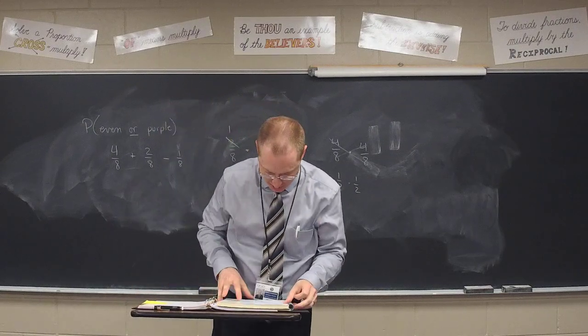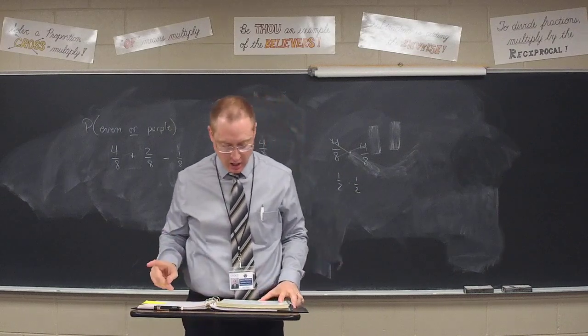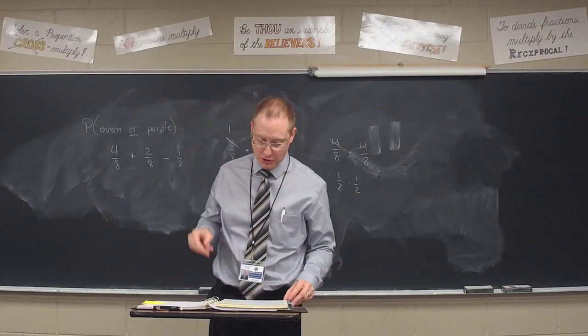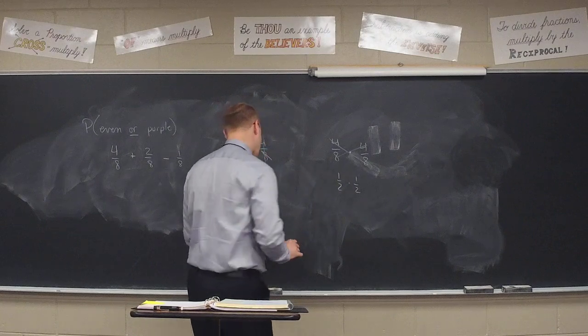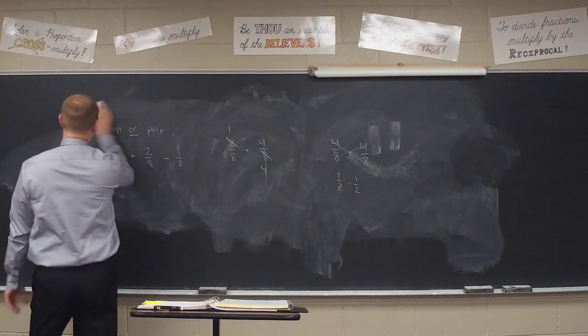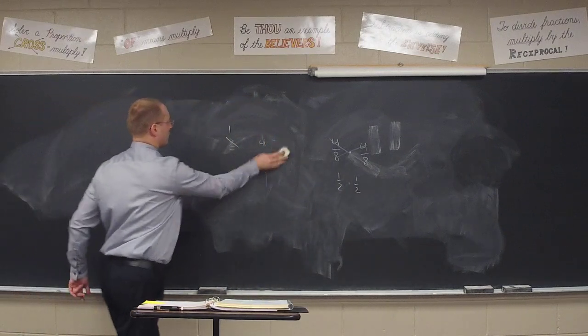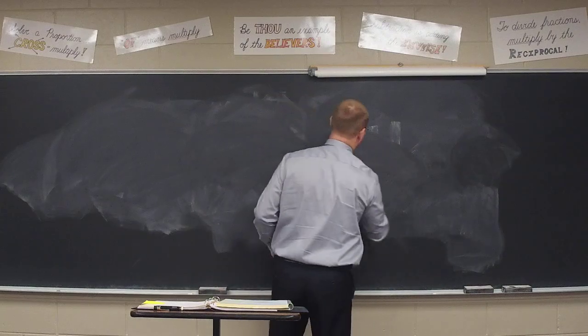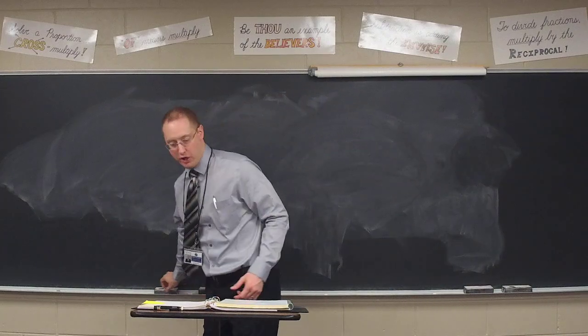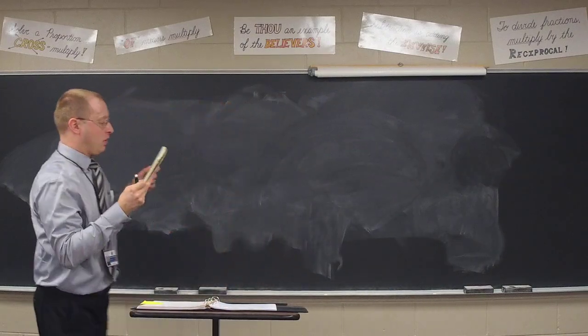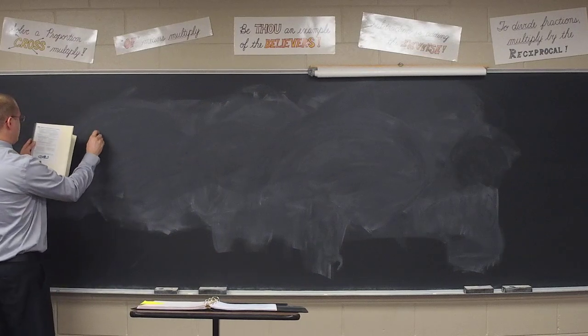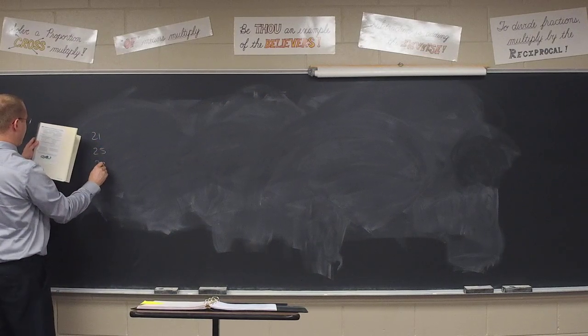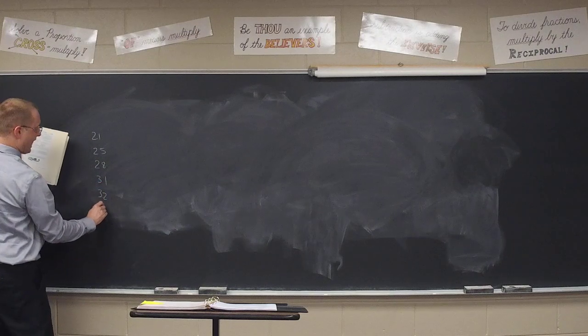And at the top of the page, number 1, they say find the mean, find the median, and find the range. Well, anytime they ask for median, class, what do I have to do first? Rank them. So we should have ranked our data first of all here on number 1. And real quick, let's do this. We've got a 21, a 25, a 28, a 31, a 32, and a 37.